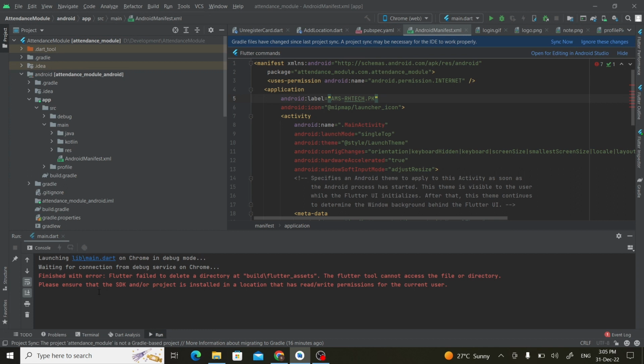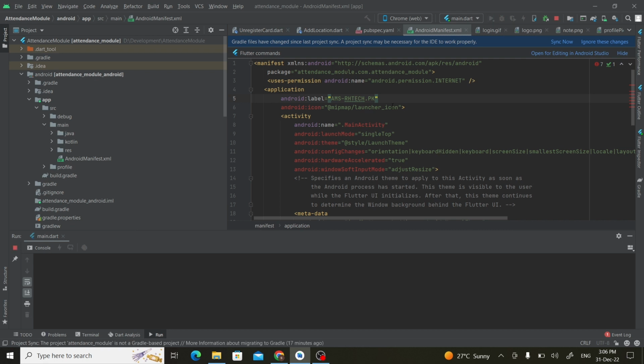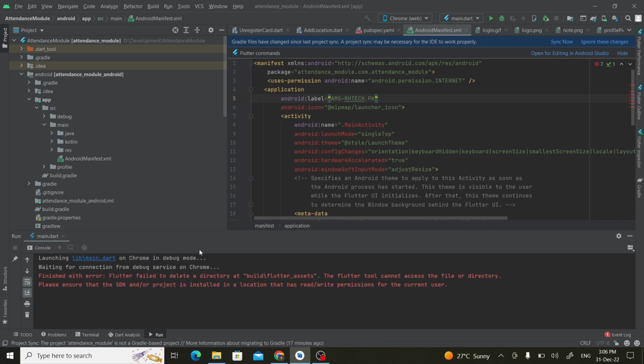If you are stuck, if you are facing this issue when you launch in Chrome browser, and you are facing this issue with this error, then just go to your folder,